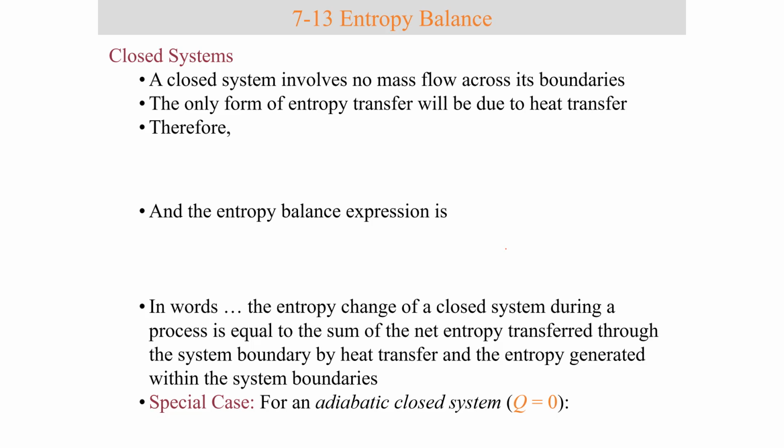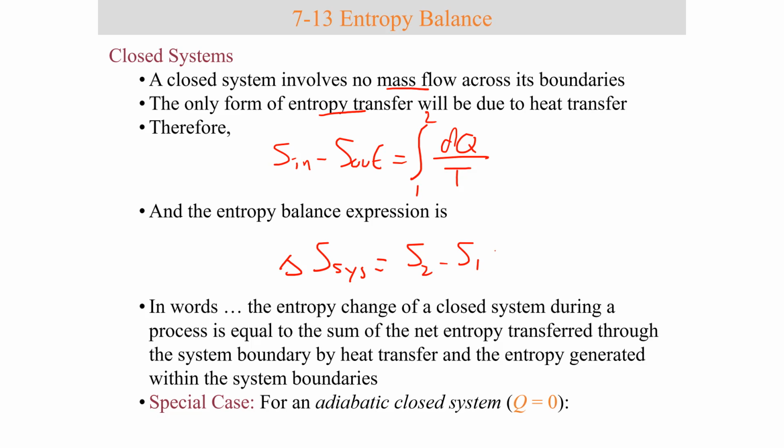In the special case of a closed system, there is no mass flow crossing the boundary. Therefore, there is no entropy transfer by mass. Therefore, the total entropy transfer to or from the system is the sum total of the rate of entropy transfer by heat. So the expression for the change in entropy of a closed system would simplify to the total amount of entropy transfer by heat